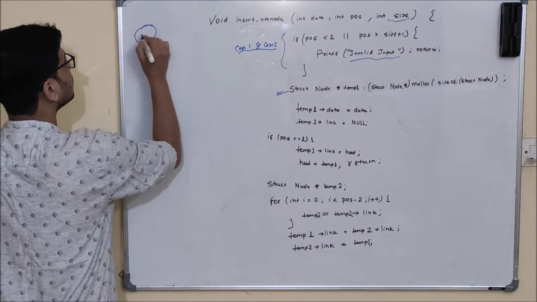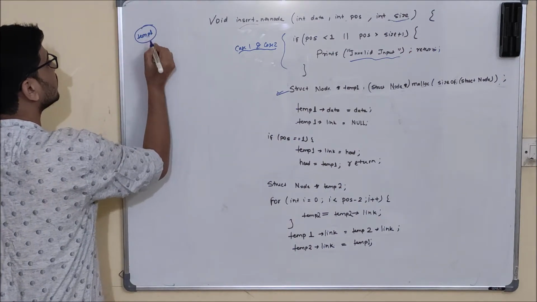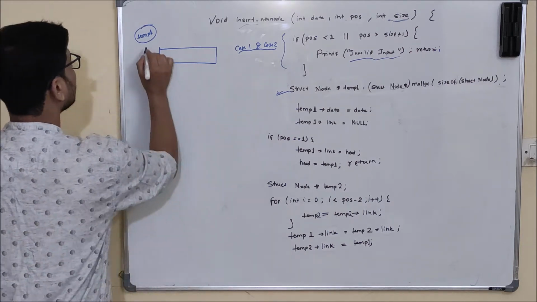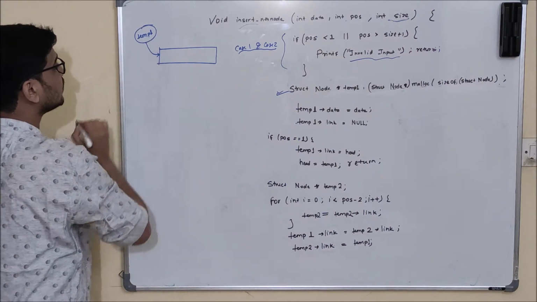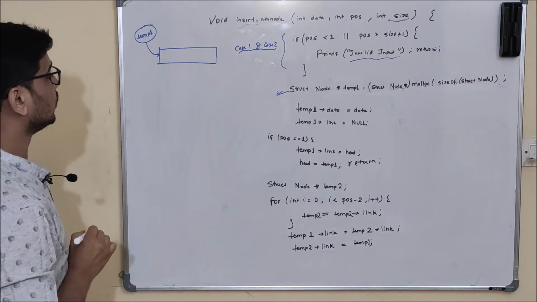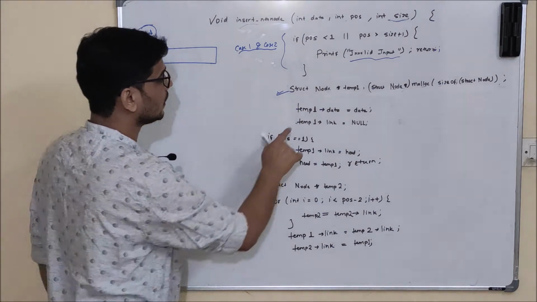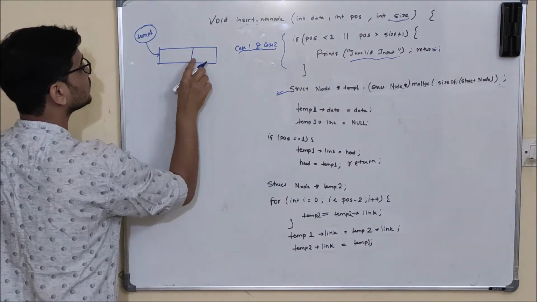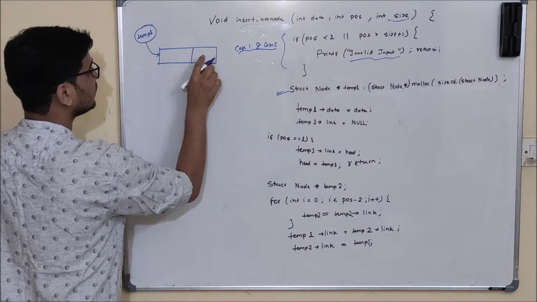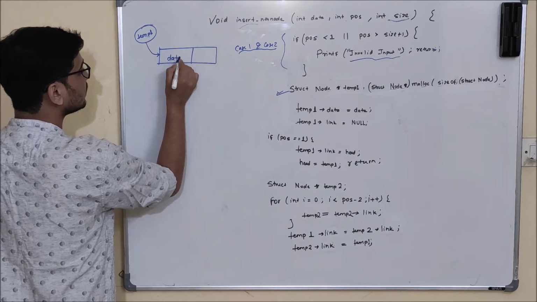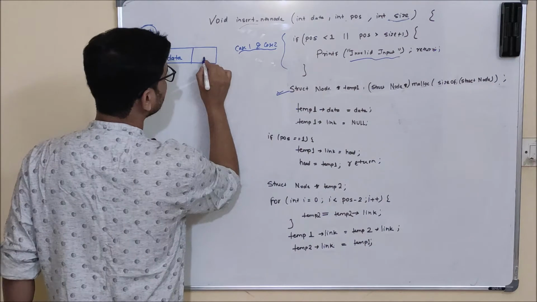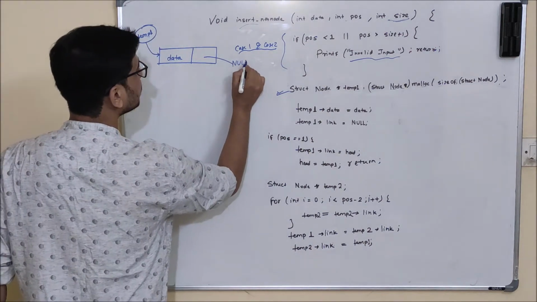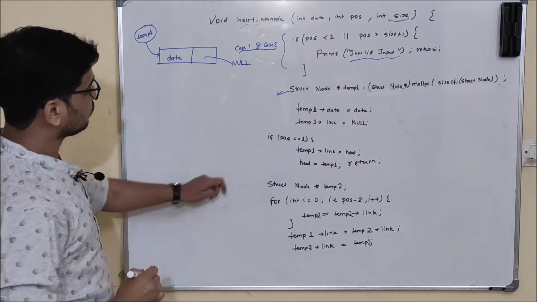That is, this is our temp1 pointer, and this is the node which we have created using the malloc function, and this temp1 pointer will be pointing at the starting address of this node. So what I will do: temp1 data part equal to data. Suppose it is a two part node, data and link. So now we will fill the data part, and this link part will be pointing to some null address, okay, for the time being. Now see what I am doing here.